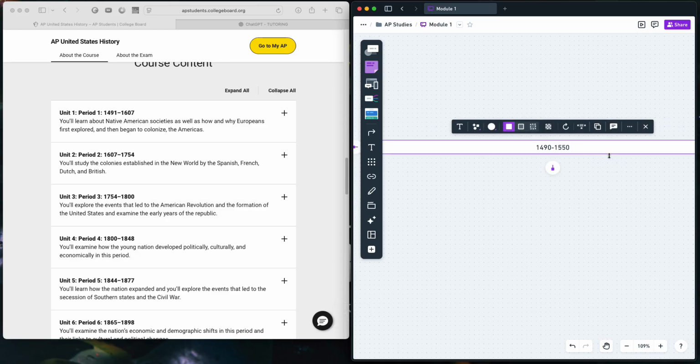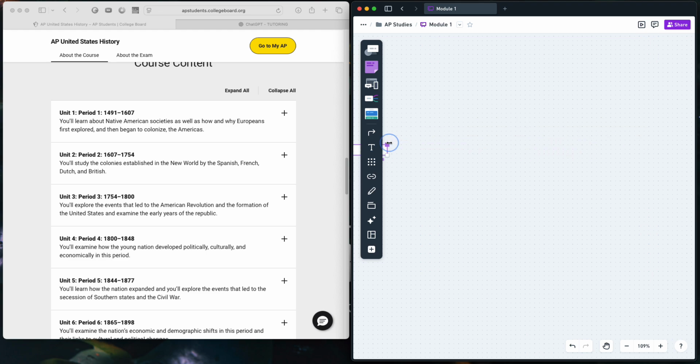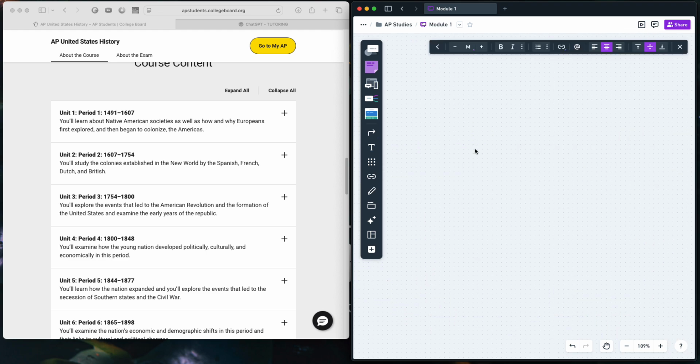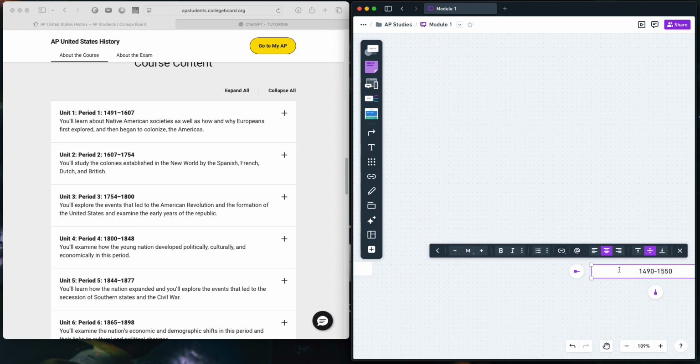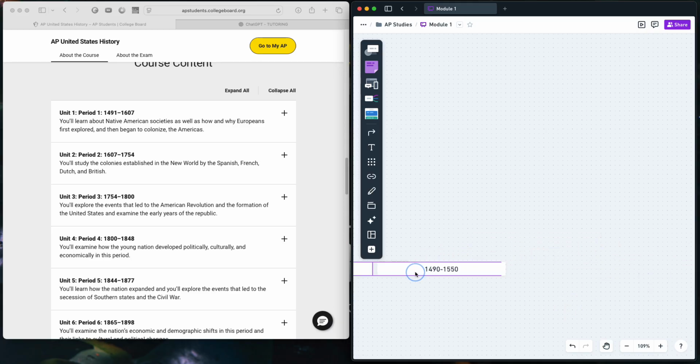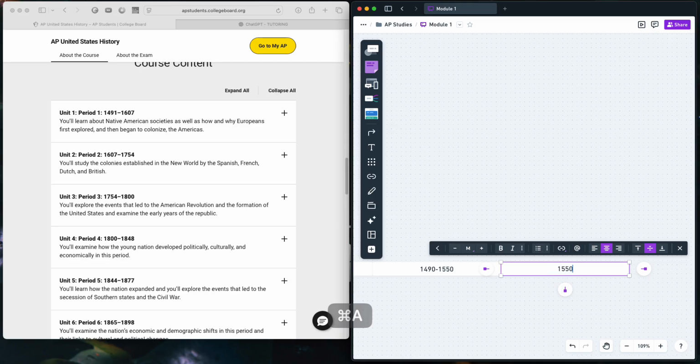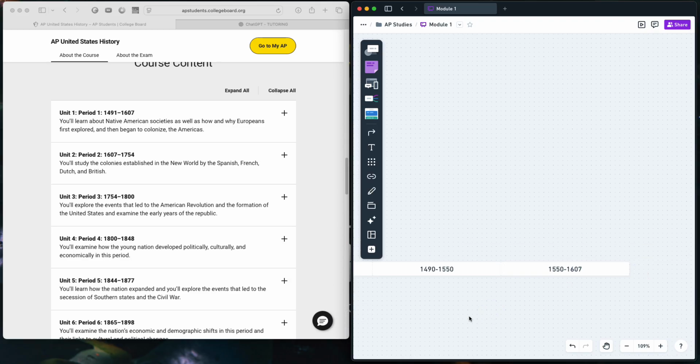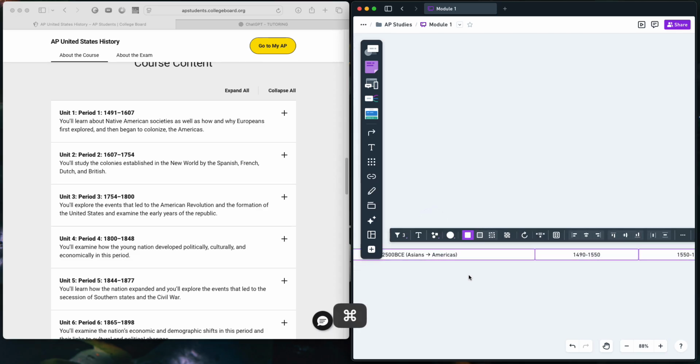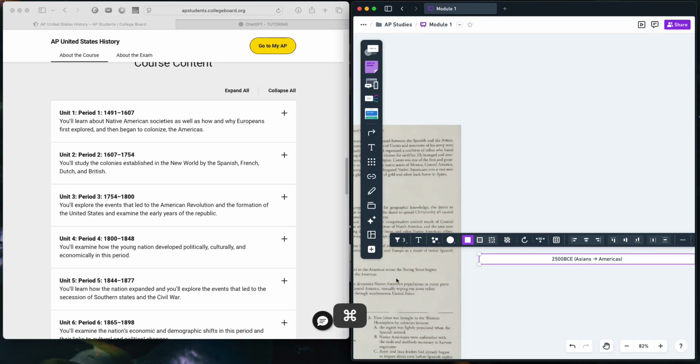1490 to 1550. This is kind of like what we understood after a little bit of in-depth understanding. And then we had this later period of what? 1550 to 1605, 1607. Okay, we understand what the timeline is. Okay, what are the big ideas? Okay, so the big ideas are basically